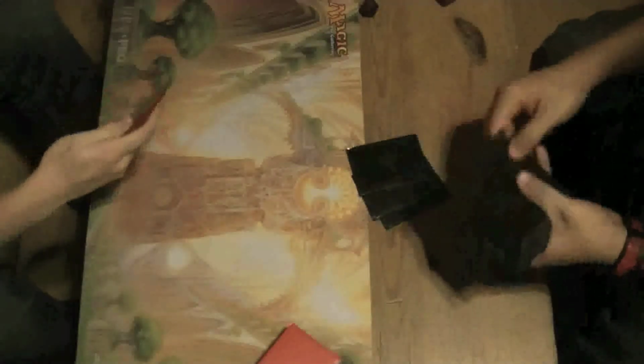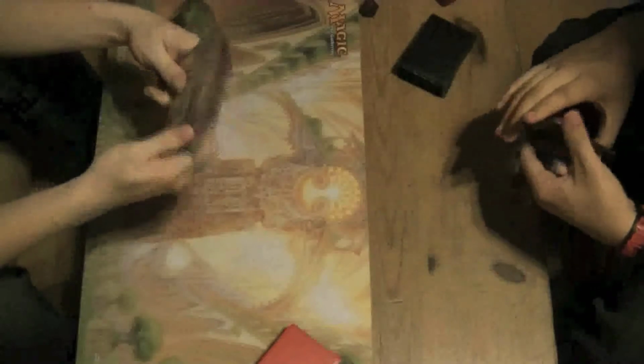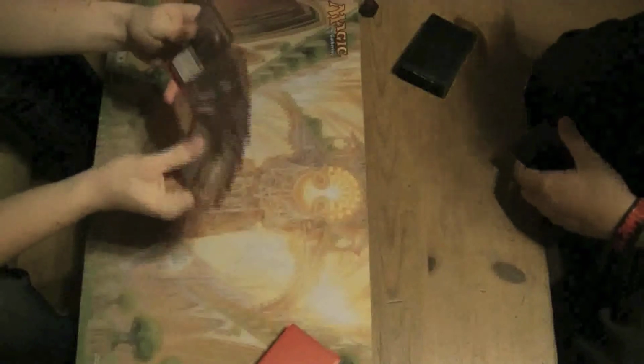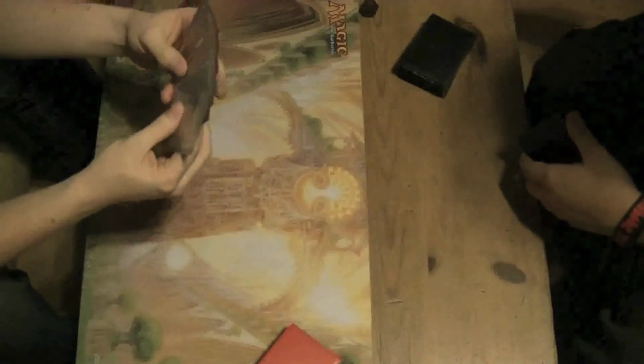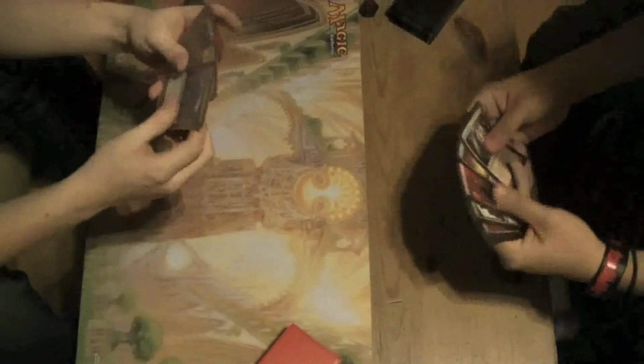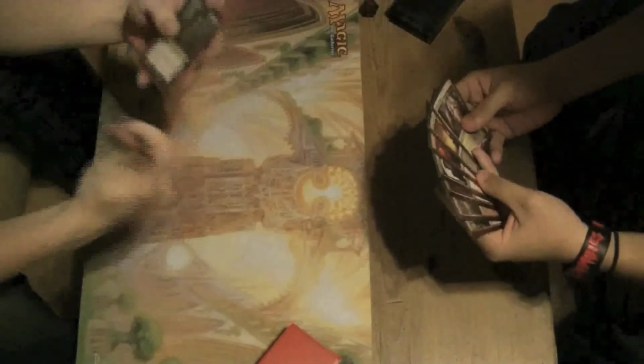So, I'll be on the play. We'll see what we can do. Tempted to mull this because I've got 5 swamps and that's way too much. If we don't draw into any creatures, it's no good. But at the same time, I'm not sure if it's worth mulliganing just because of that,